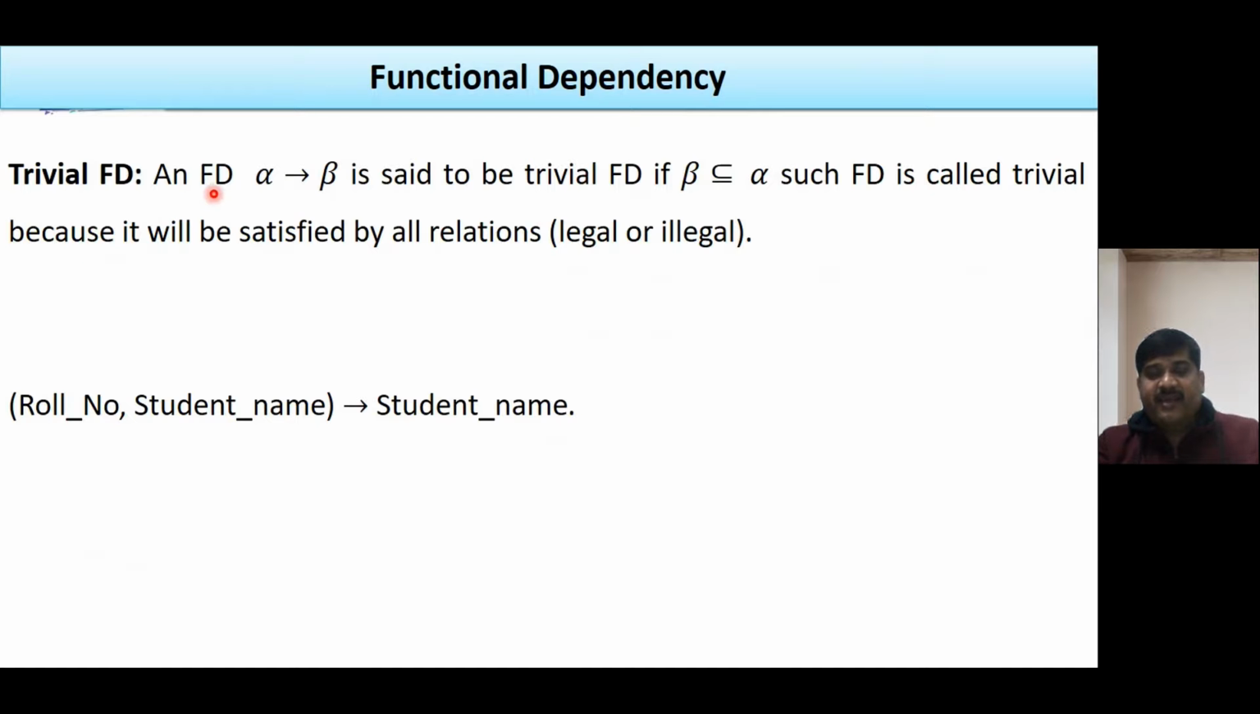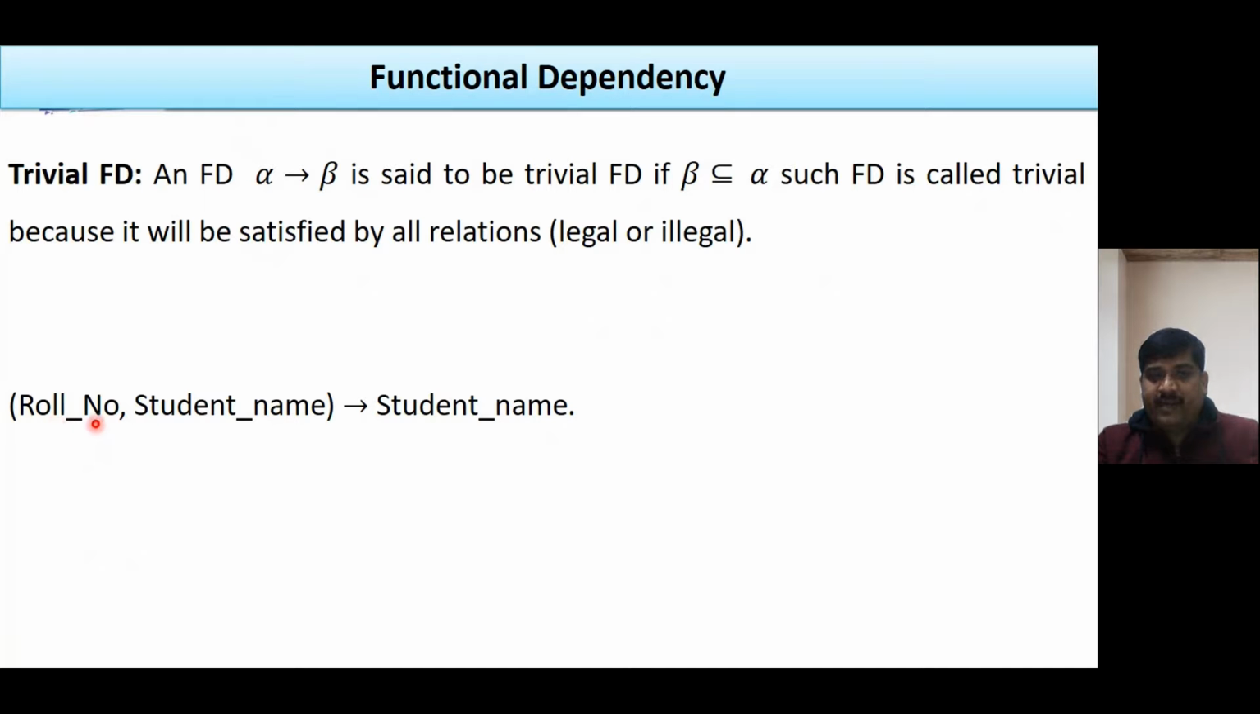So here, if on any relation capital R, alpha determines beta, then if the right hand side beta is a subset or equal to alpha, then there is no need to check. Means alpha determines beta. If beta is a subset or equal to alpha, then this functional dependency automatically exists for all legal and illegal relations. Suppose